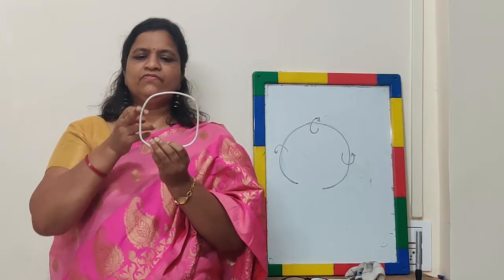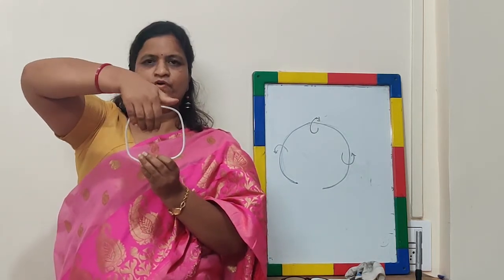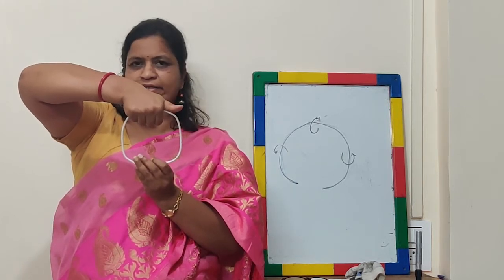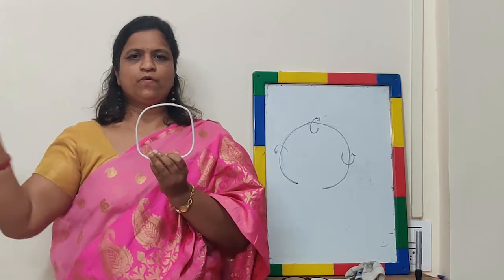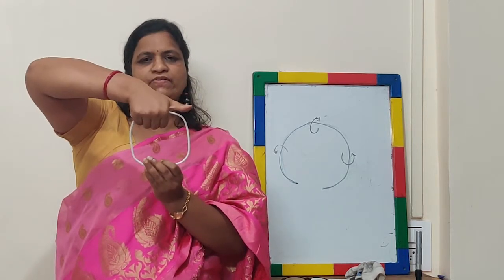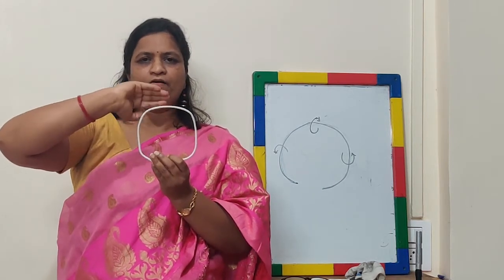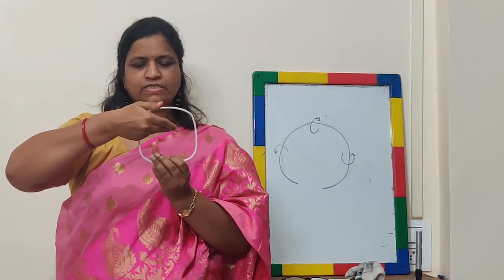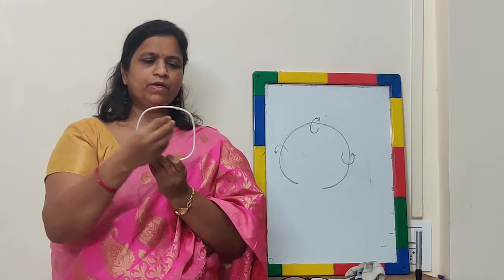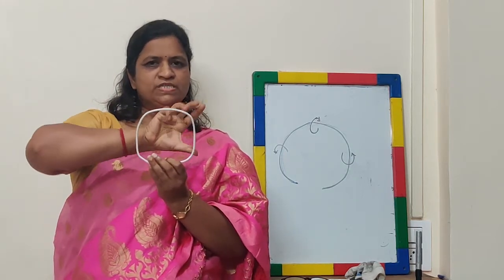Now as current goes here, we want to see the direction of magnetic field. So once again hold the conductor with the right hand. Now the current direction is from right to left, meaning your left to right. So whenever I hold it like this, the magnetic field lines will move like this. So it is going inside this loop.